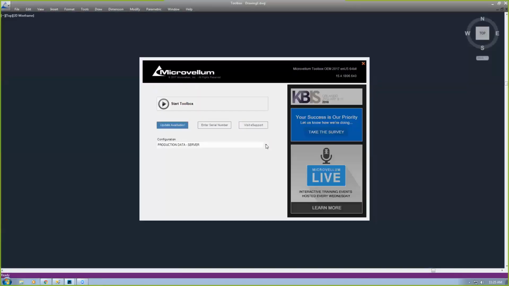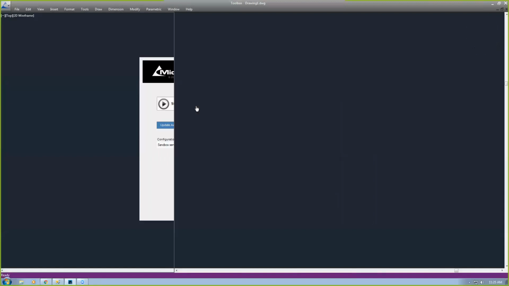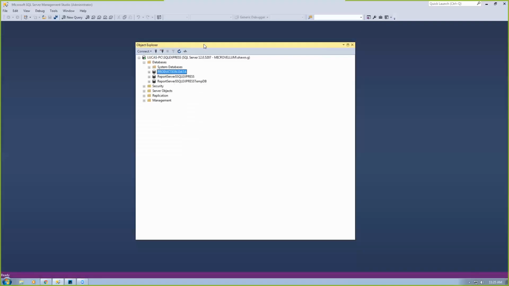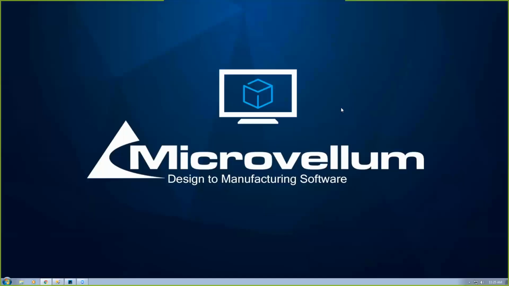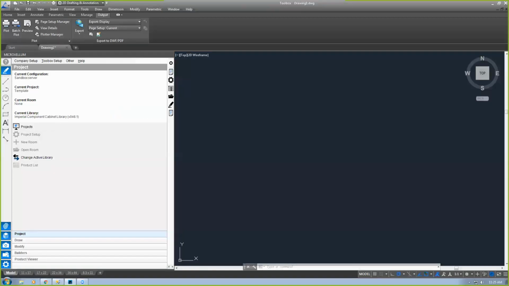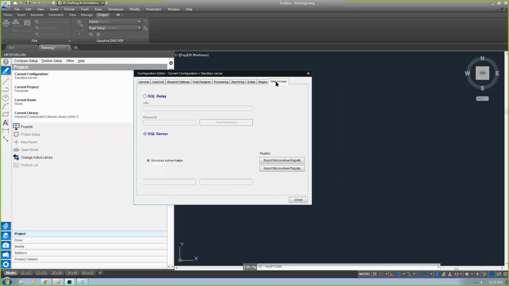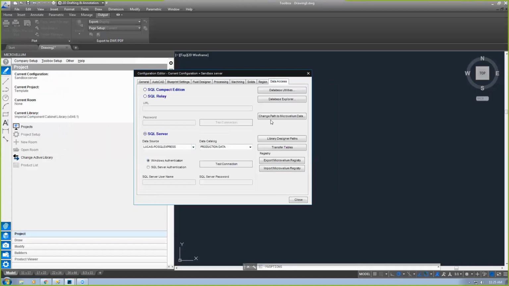So we'll go ahead and launch into our new configuration here. And then we'll just minimize real quick, verify that our data did in fact copy over. And so there you go. It's copied over. So now that we're in our new configuration, go to Toolbox, Setup, Options, Data Access, and change